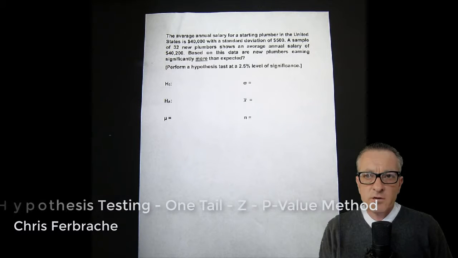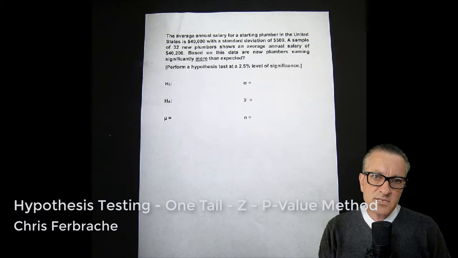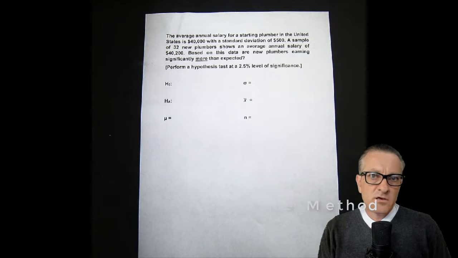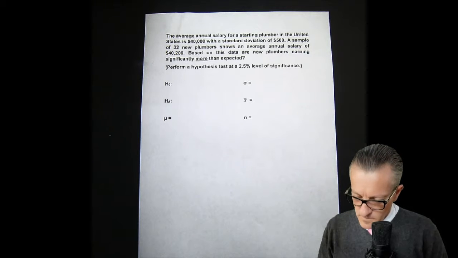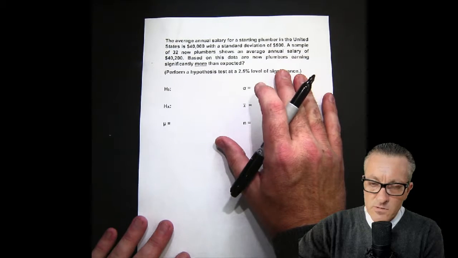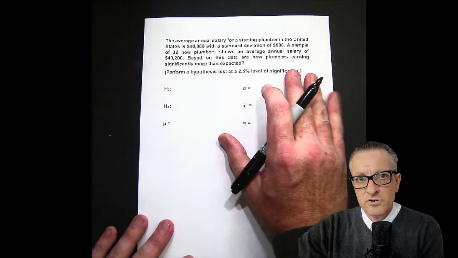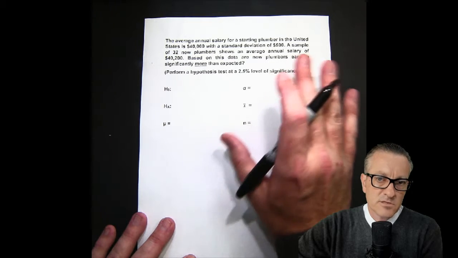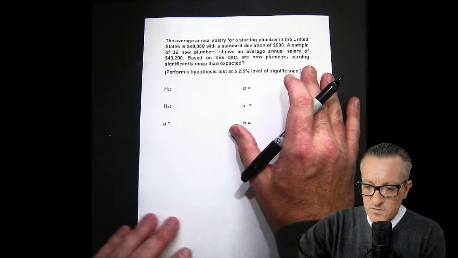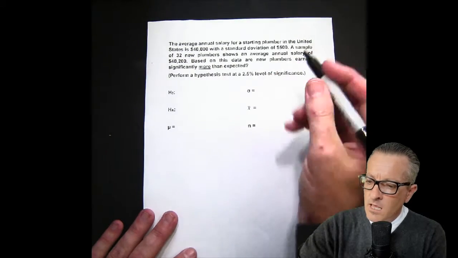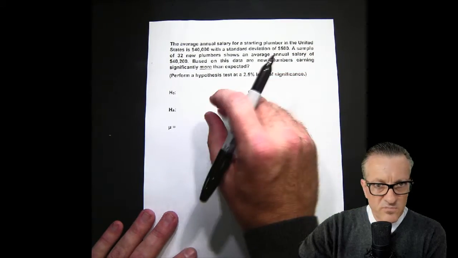This is Christopher Boucher, and I'm going to review how to do a hypothesis test using the z-distribution and solving it with the p-value method. Okay. Now I've already used this example for a rejection zone method example, but this one we're going to use the p-value, so the numbers will look the same to you. Okay. So I'll go kind of fast at the beginning because the numbers are the same as one of my other videos.